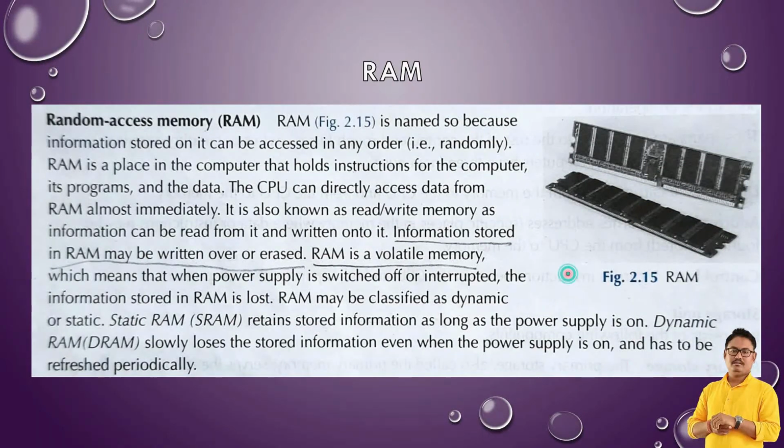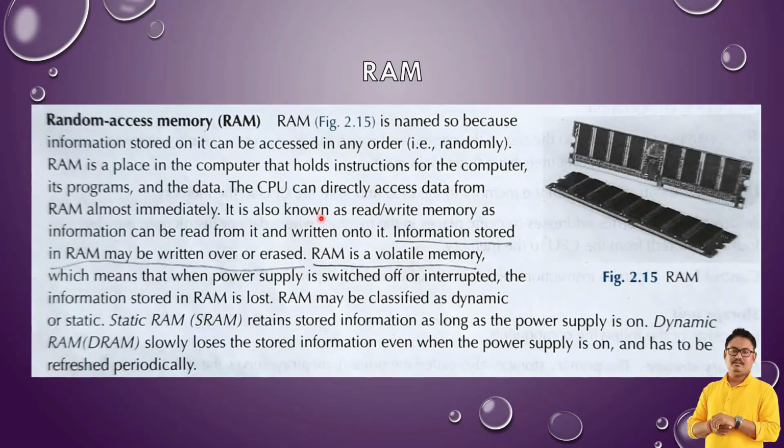RAM is named so because information stored on it can be accessed in any order, that is, randomly. RAM is a place in the computer that holds instructions for the computer, its program and the